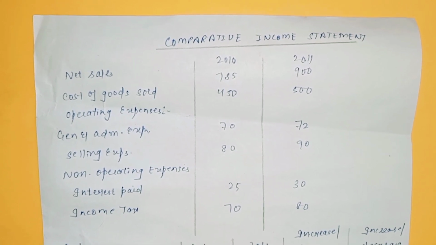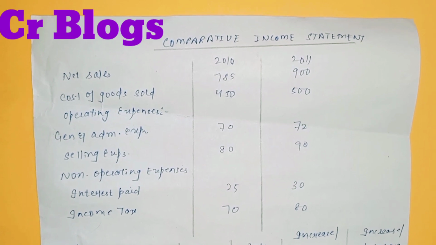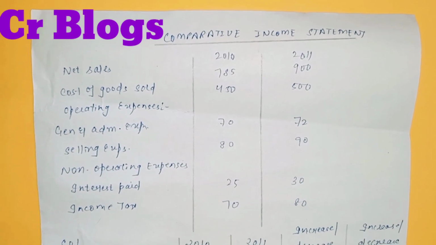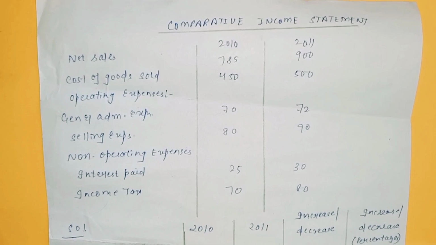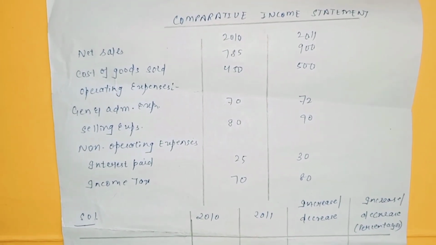Comparative income statement is also like the comparative balance sheet, but the income statement gives the results of the operations of a business. It gives us an idea regarding the progress of a business over a period of time, how the business is progressing, how the business is going on. It gives us an idea regarding the changes in absolute data in money values or in the percentages.